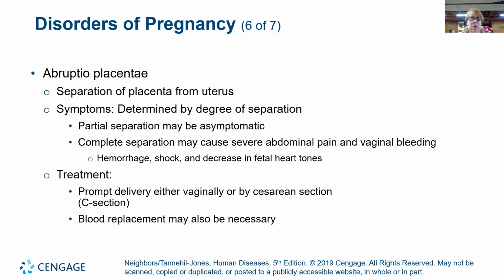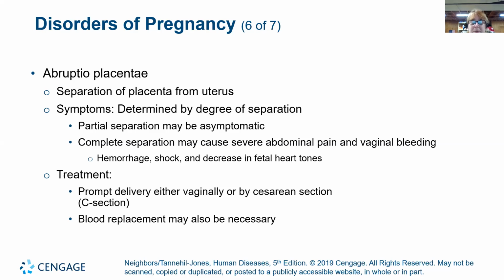Okay. So another disorder of the pregnancy can be abruptio placenta. This is when the placenta separates from the uterus before it's supposed to. The placenta is supposed to separate after birth. But if it starts to separate before birth, then we need to determine what degree of separation has occurred. If only part of it has separated, you may never know, or you may have some of the